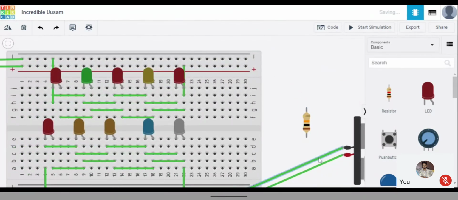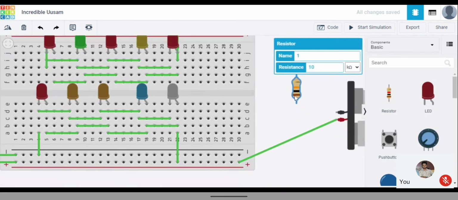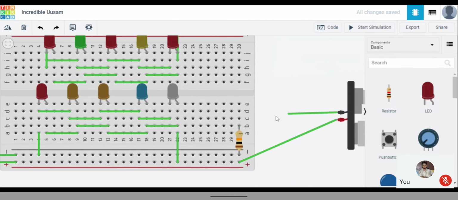So what I'll do is I'll take one of the bulb connections and I will connect this one here. See, now this one is the negative terminal, right? And from here, if I connect it to this one, then the whole circuit will be passing through the resistor only. Did you get this one? While I'm connecting the black one directly to this one, then all the bulbs are bursting. So I have to use some resistor.